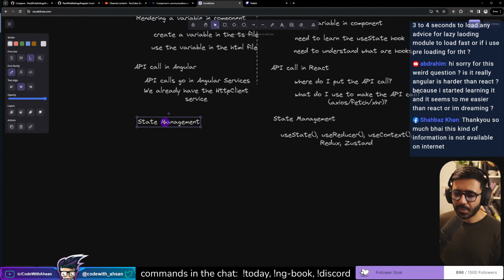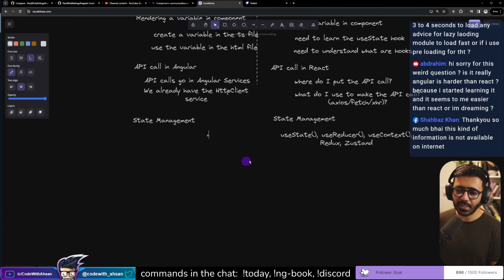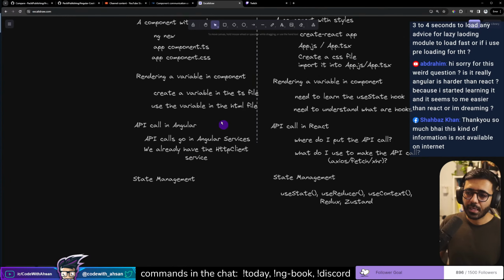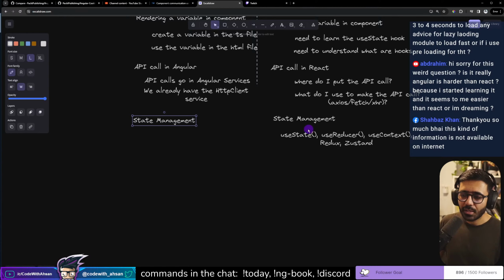When you try to do the state management in Angular, you have a few choices. You don't need anything for local variables. As I mentioned before, if you just want to render a variable in a component, you can just create the variable in the TypeScript file, render it in the HTML file. If you want to do that in React, you need to use the state hook. If you talk about state management, you can just use the regular variables, or you can simply say class properties in Angular,